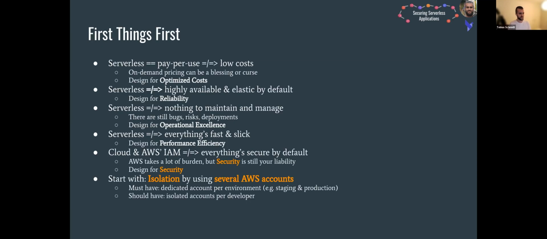So, first things first, because there are some general misconceptions going on about serverless. Serverless is pay-per-use, which doesn't immediately imply that it's always low cost. You have to optimize for costs. The same is true for availability and elasticity. You have to design for reliability. Some things come out of the box, but you can create your architecture so badly that it will have way less reliability than just running a container or some VM. And the same thing applies for all the other topics like performance efficiency or operational excellence,